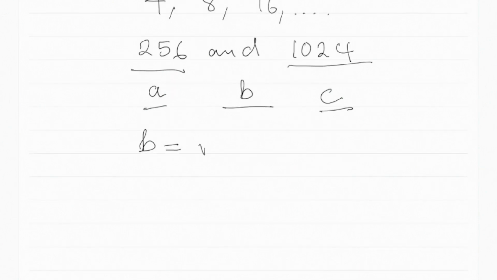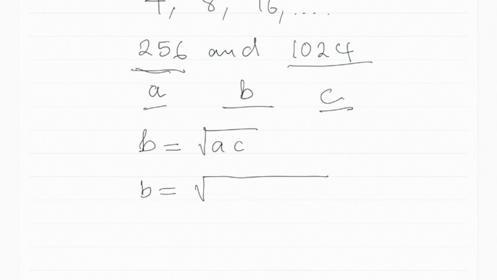It is simply given by the formula B equals the square root of AC. Since we've already been given A and C, we're simply going to substitute A and C in the square root sign and simplify the given expression to find the geometric mean. Right, so let's go ahead and